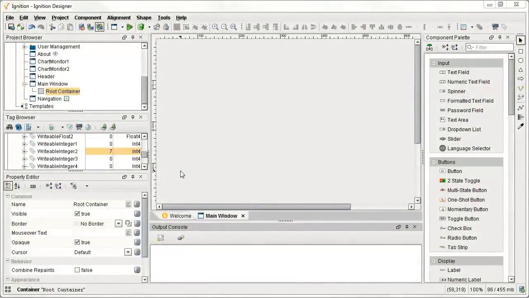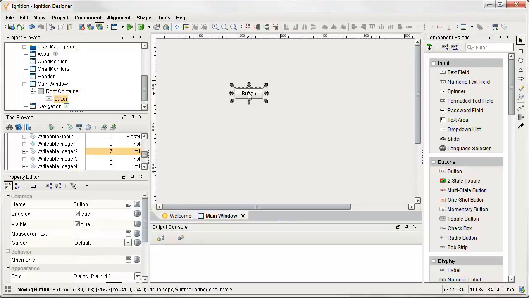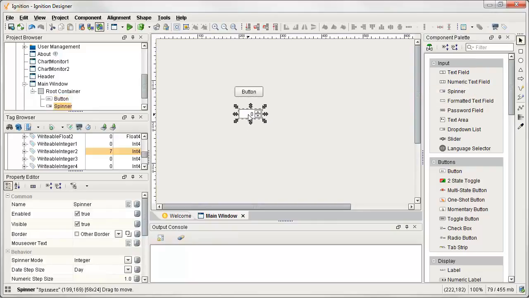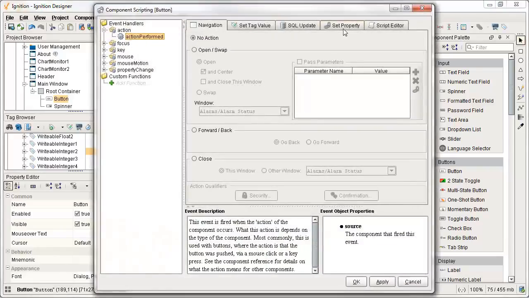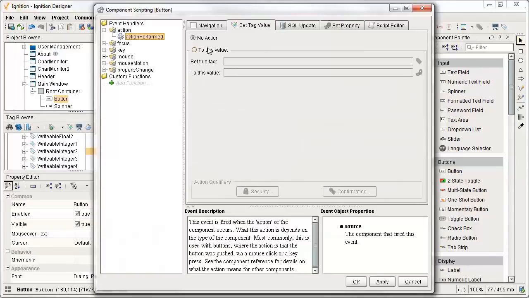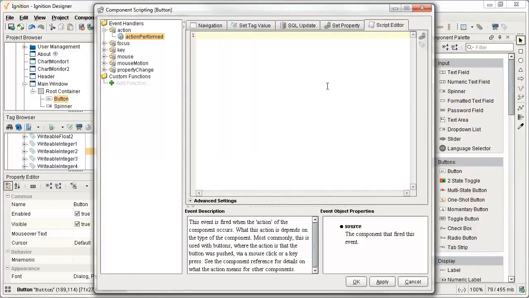One of the most important things to understand when scripting in the component event handlers is how to access properties from other components on your window. So let's say we wanted to have a button that wrote the value of a spinner to a tag. So inside of this button's action performed script, and of course it's worth mentioning that we could certainly just use the set tag value builder and be done, but in this case we're trying to learn how to write script